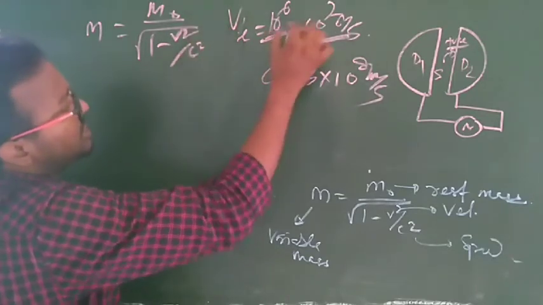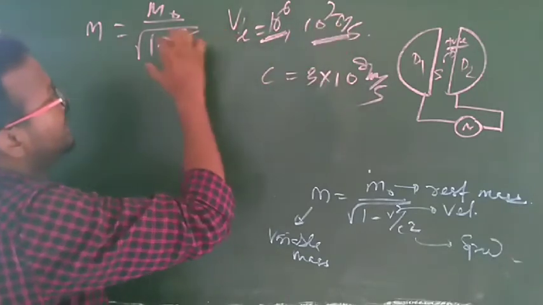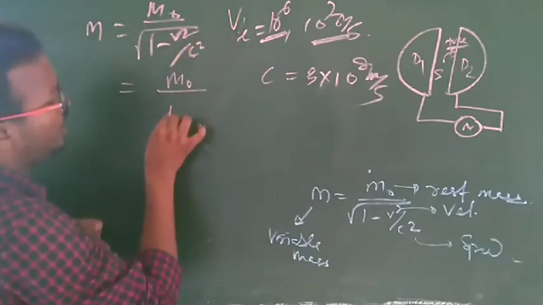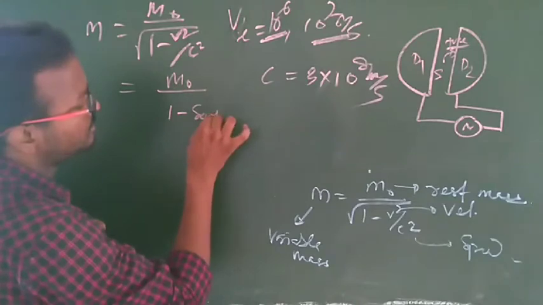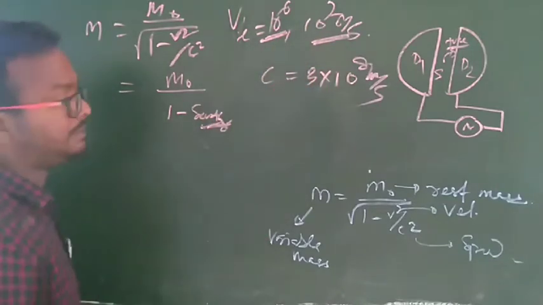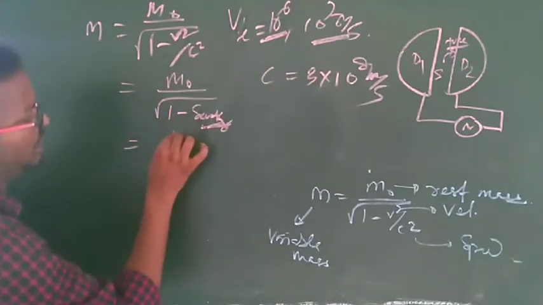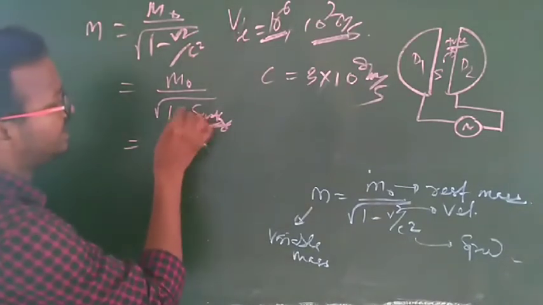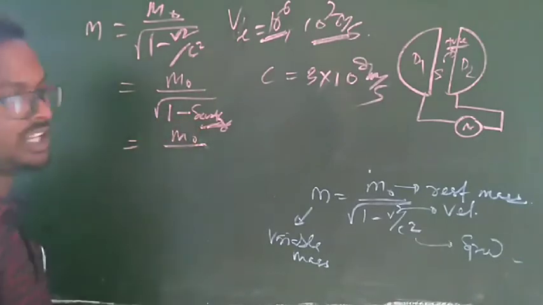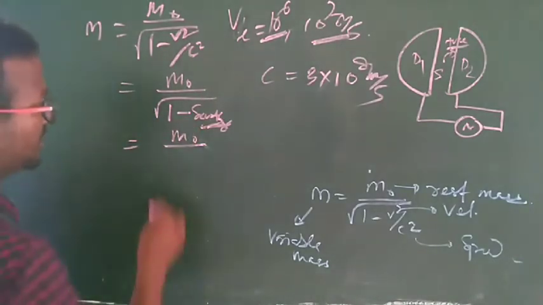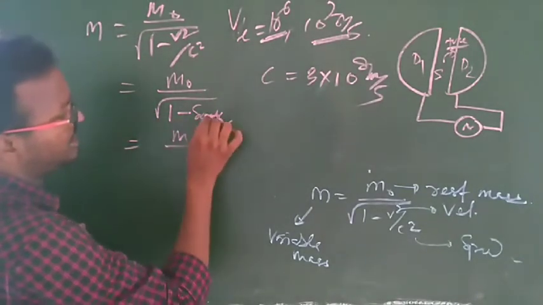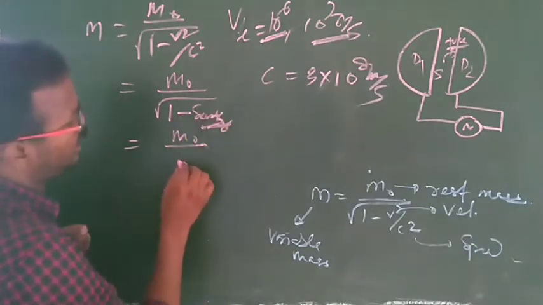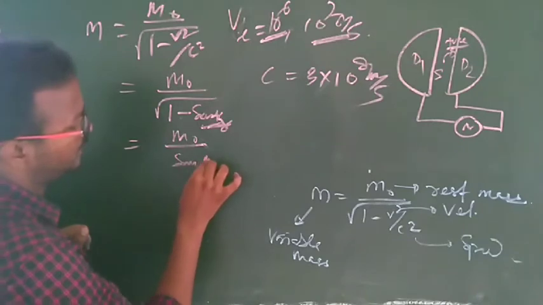So if you use this value here, then the denominator decreases, because m naught by 1 minus something, because this value is nearly equal to 1 minus something, whatever. So m naught by some value which is less than 1 decreases the value. Clear? So its value is, suppose this quantity is 0.something, some value,